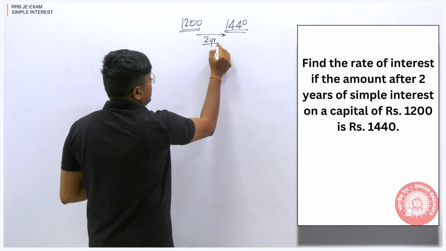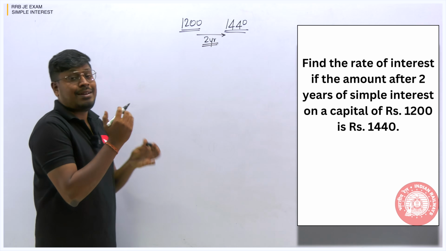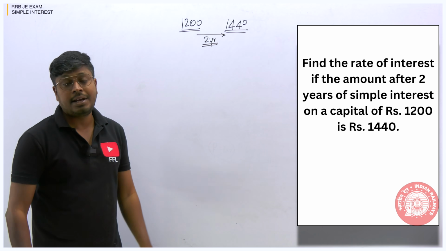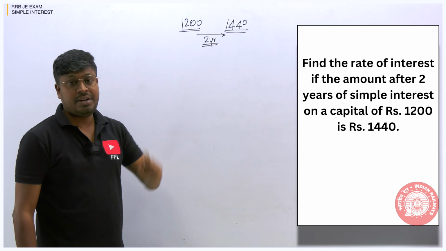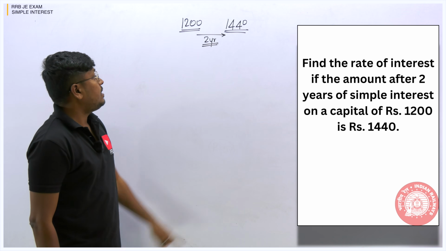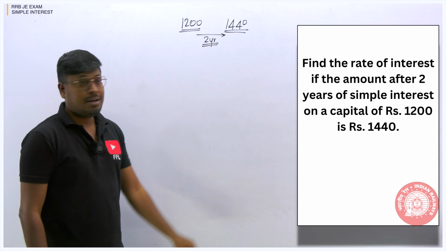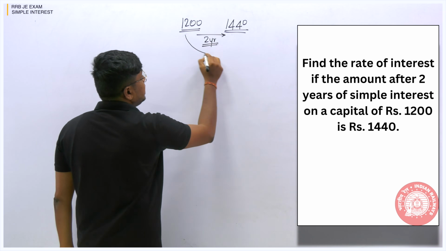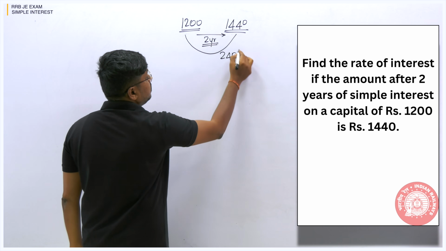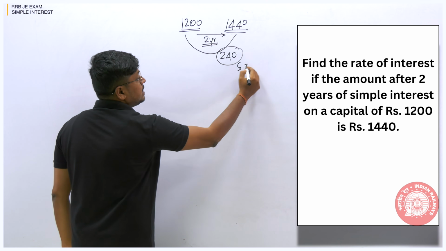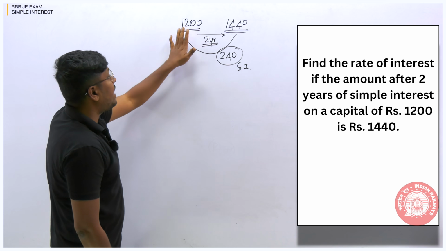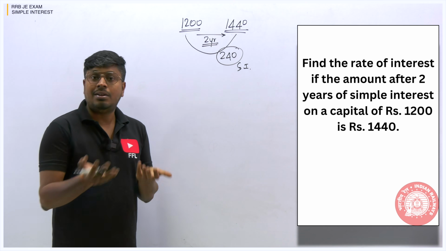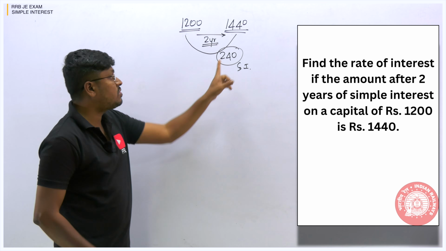In 2 years. So our target is to find at what rate of interest the amount becomes 1440. We need to find the rate of interest here. Just listen carefully: if the principal amount is 1200 and the overall amount after 2 years is 1440, then when you find the difference between both values, the result will be 240. So 240 is the simple interest, right? Because we have the principal value as well as the overall value, the difference gives the simple interest amount, which is 240 rupees.